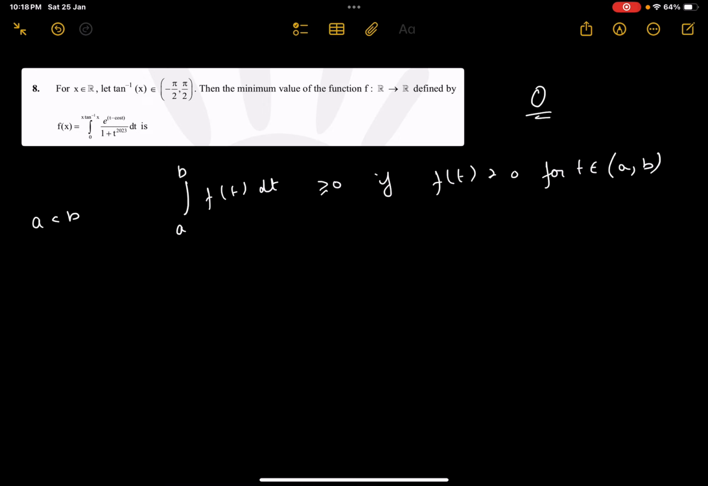Right. So now the first point to notice is that x tan inverse x is greater than or equal to 0 for all x, because when x is less than 0, tan inverse x is also less than 0. The second thing is